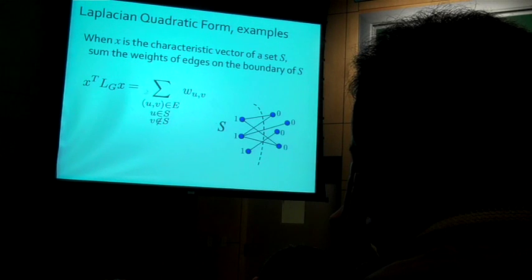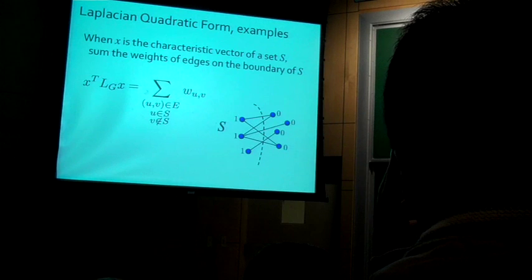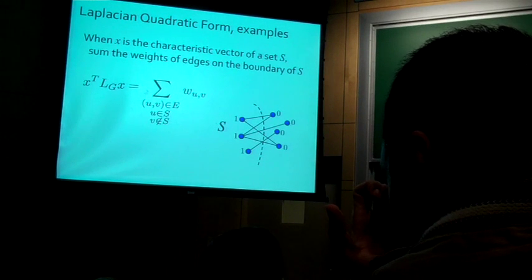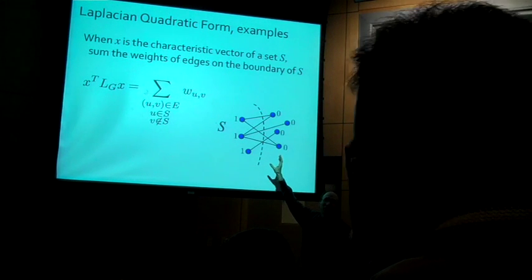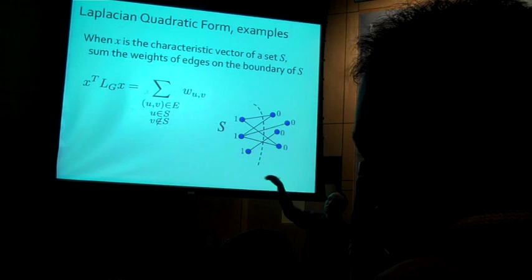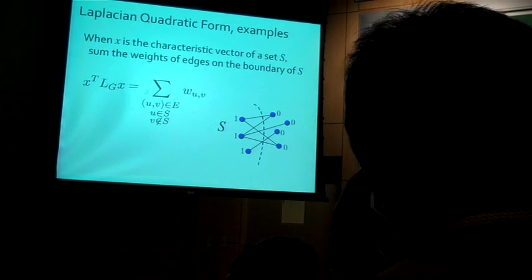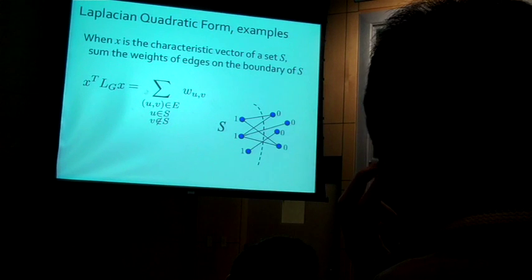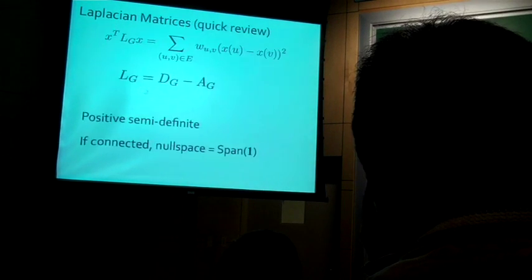This is the sort of thing that people in graph theory like to look at a lot. A lot of problems in graph theory relate to what we call cuts, which is really measuring the size of the boundary of a set of vertices, where the size of the boundary might be the number of edges leaving it, or the sum of the weights of the edges leaving it. So this is why this notion comes up a lot within graph theory and computer science. Okay, so this is an important example.